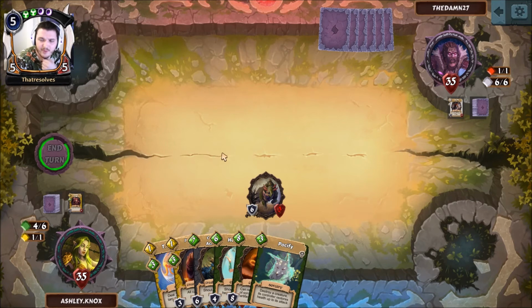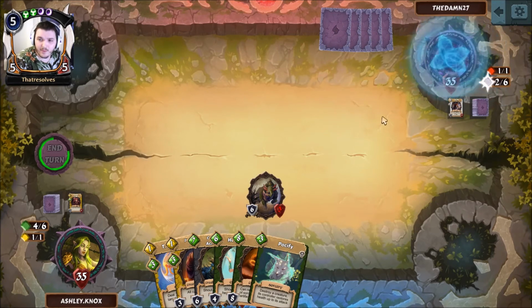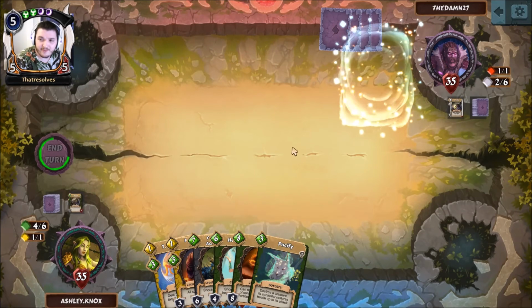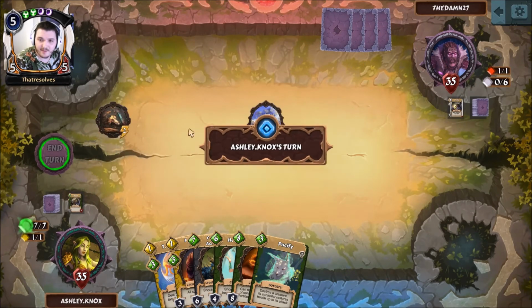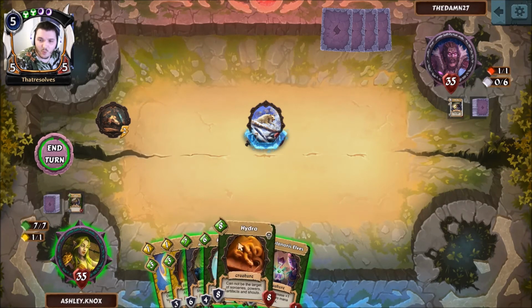Just the multiple bodies should be really good here. My opponent does have a lot of cards in hand, so oh, here we go. Get to see the lifelink. This is like the snow removal spell that deals 4 and you gain 4, so it's pretty nice. My opponent's got the whistle here. It's going to keep summoning the 1/1 wolves as well,